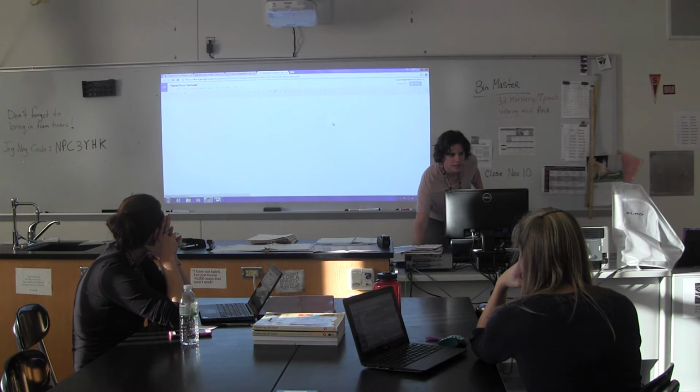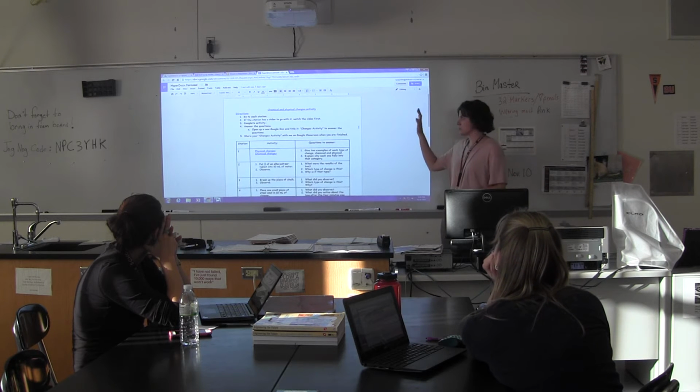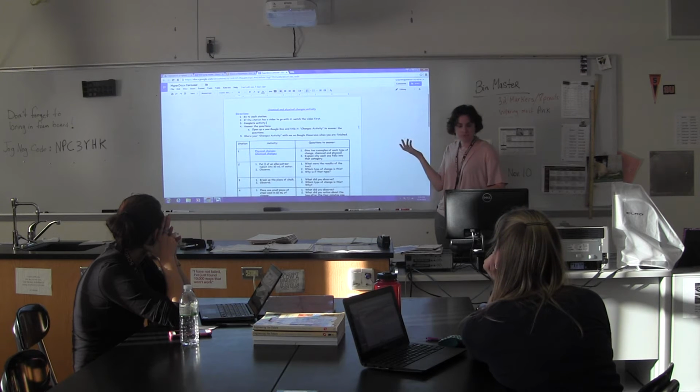One of them that I had created was for a carousel activity. The idea behind it is that you create just a document of only the directions. So you don't have any spaces for the kids to answer, and they can all view it. Within that, you can include,